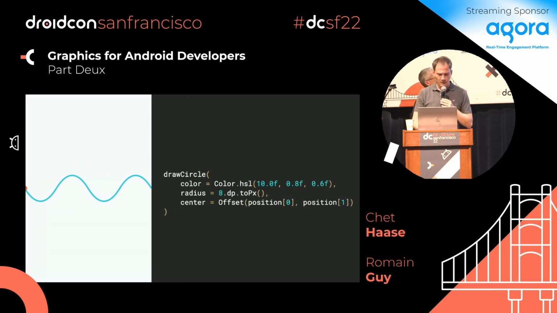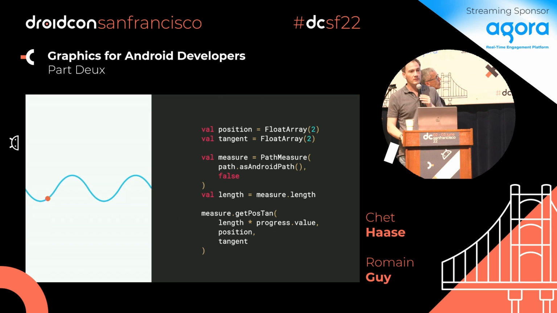But then I want to do something a little more interesting. Let's say that we want to add a circle, and we want to position that circle on that wave, and we want to be able to move it around. That's very easy, right? We call the draw circle function, and we need to give it a position. The question is, how do you find the position of the circle so that it sticks to this wave? So there's an API for that, and it's called path measure,